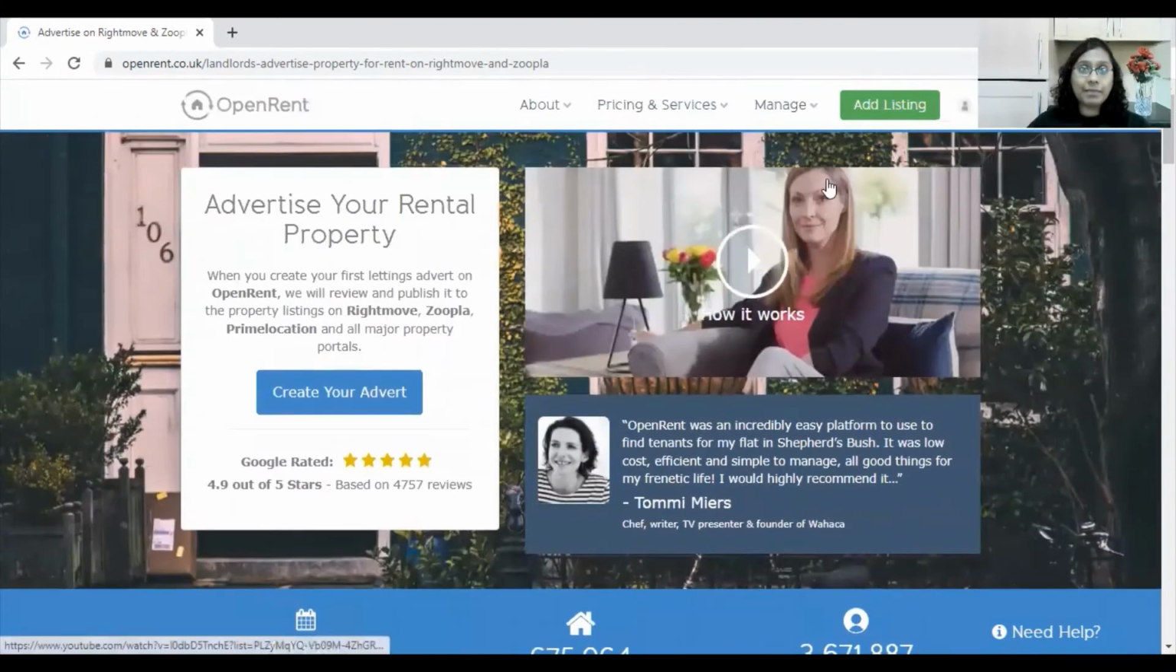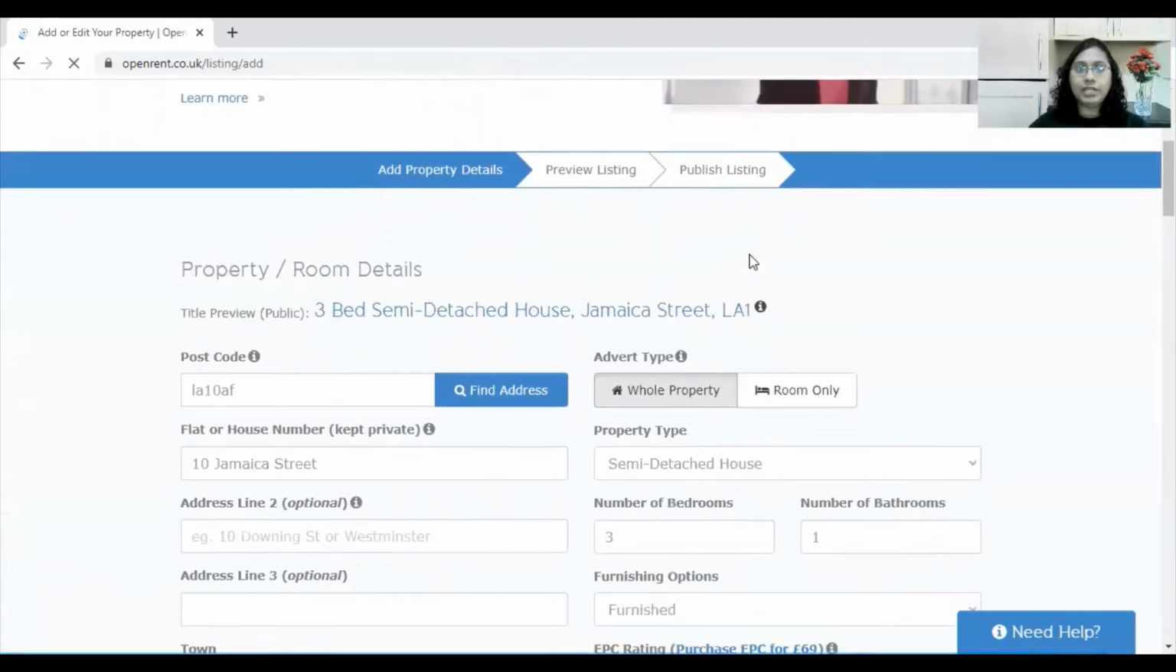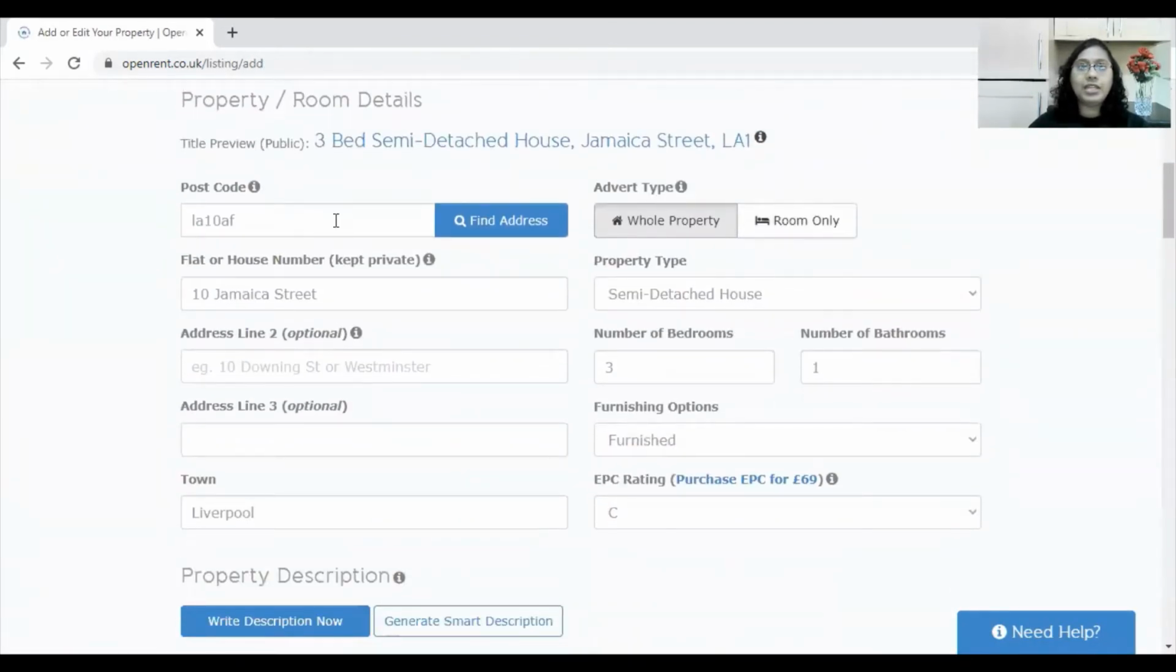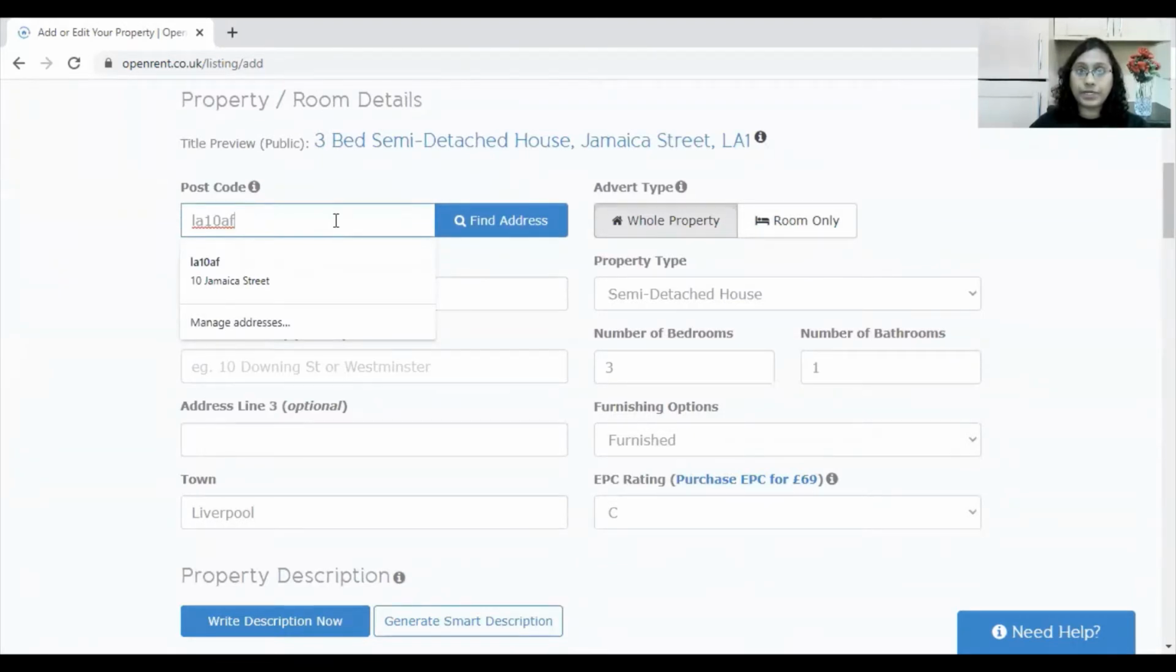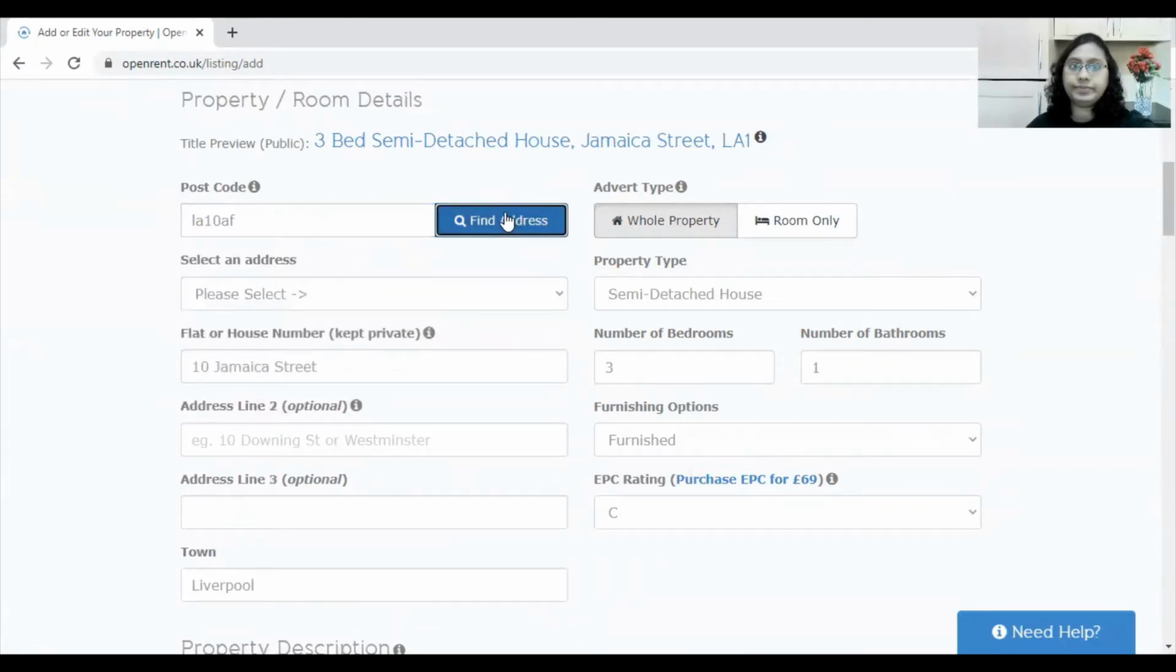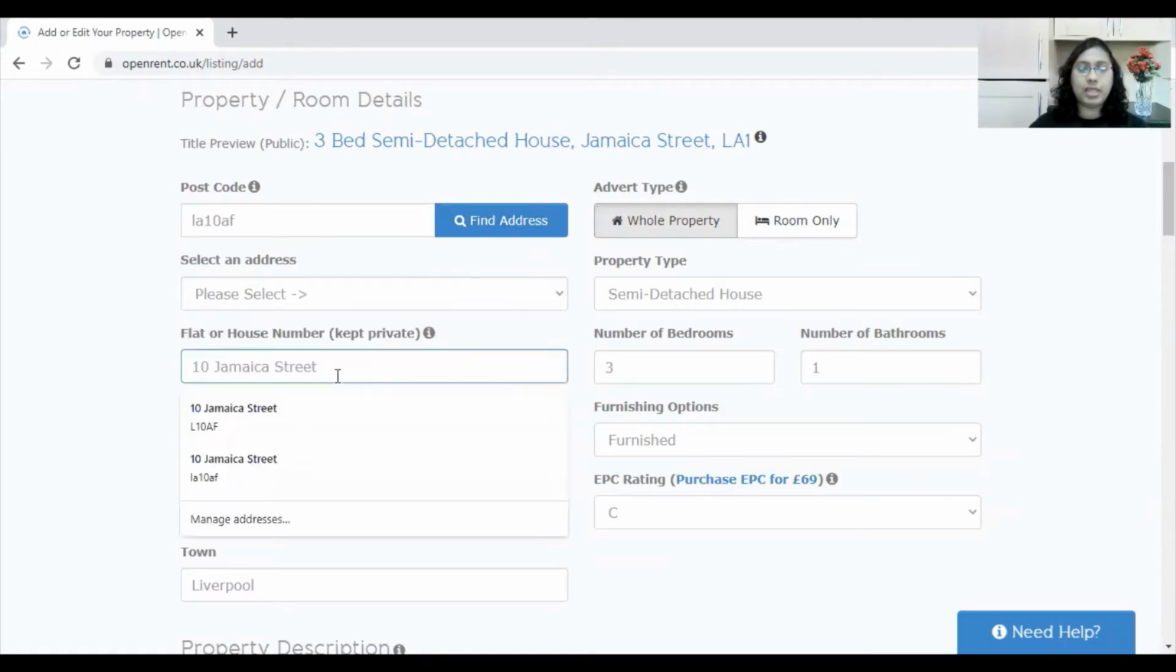Now, for example, if I'm the landlord and I have a property which I would like to advertise, how would I do that? So you go to add listing and you scroll down and then you type the postcode of the property that you want to advertise. I've just typed an example in here. Then you find the address, and then you choose the street,